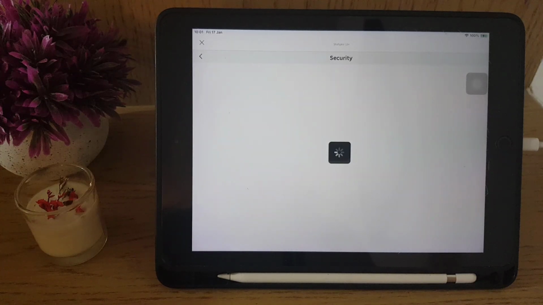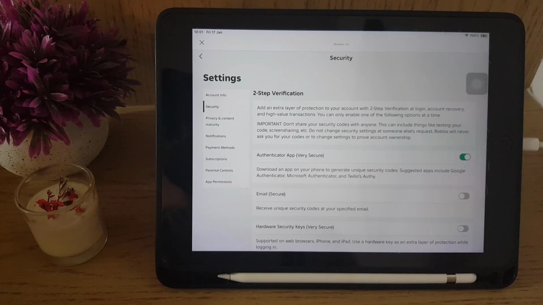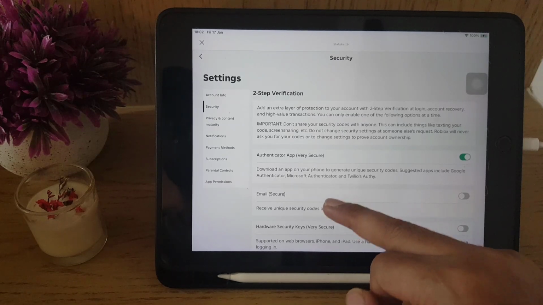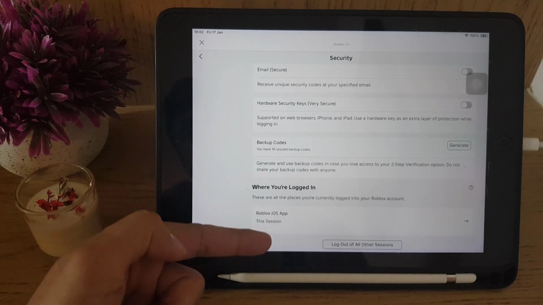So once you tap on Security, it will take a bit of time to load, and the first thing you will see is two-step verification. But if you scroll down, you will find where you logged in, and right at the bottom, log out of all other sessions. So guys, if you're logged into Roblox account on other devices, you will see all the devices